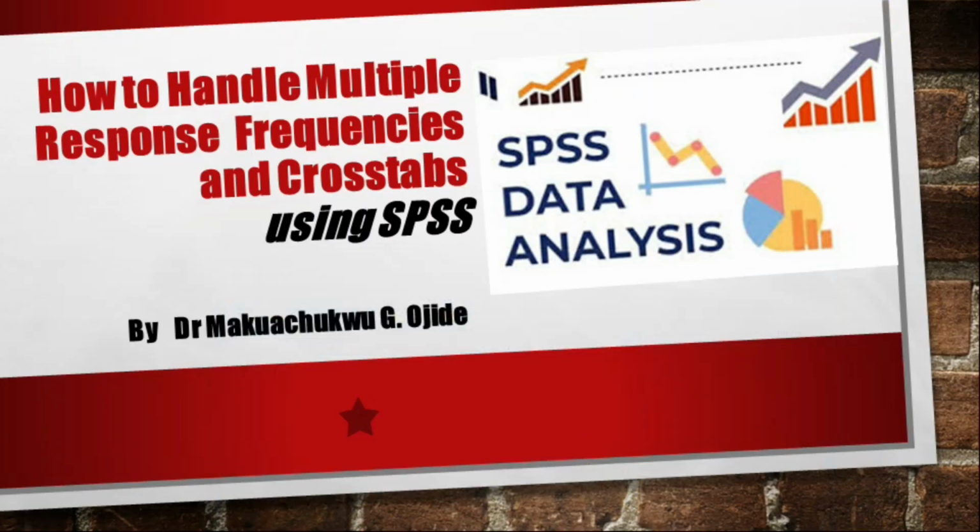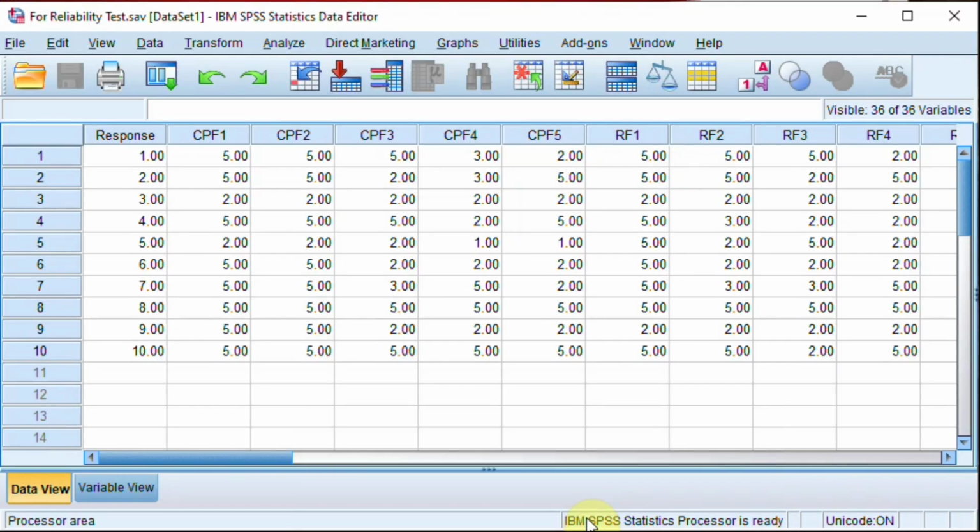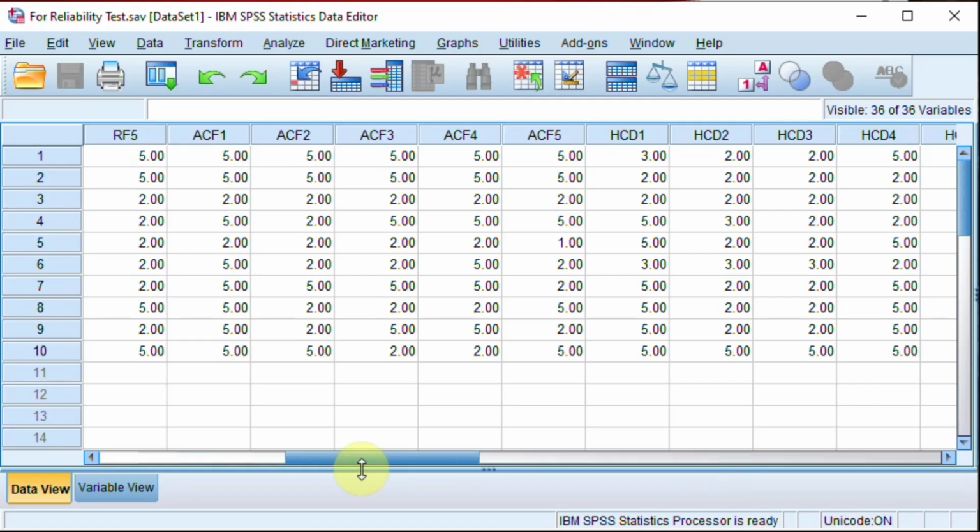All right, so let me pull up that data. This is actually the data set I used in illustrating the reliability test. If you have not seen that on reliability test, please check it up. So these are the responses we got. We want to look at this group of CPF 1 to 5 and then RF 1 to 5 all the way to the last one in terms of